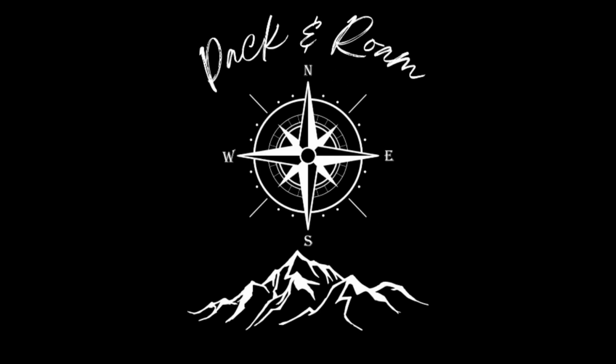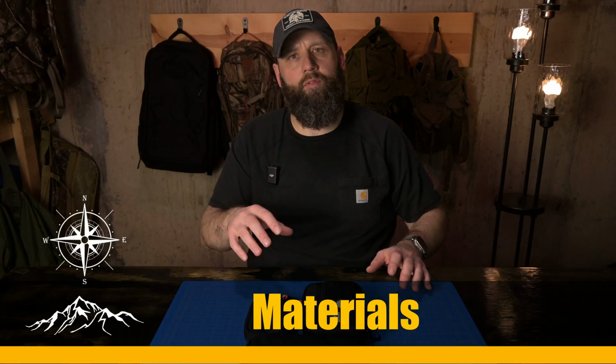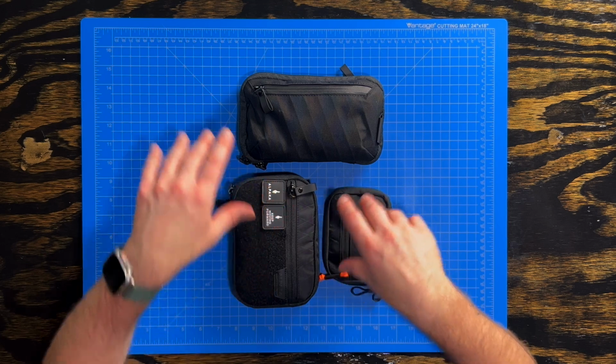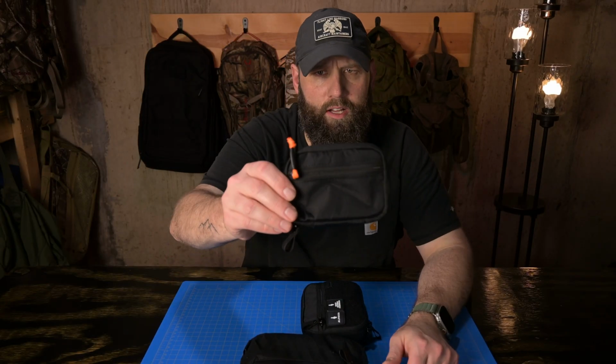In this video, we're going to be taking a look at a few options to organize your everyday carry gear from Alpaka. So I've got the Alpaka hub pouch, the Alpaka utility pouch, and the Alpaka admin pouch. So let's start with materials. For all three of these, they're all black, but they're all three different versions of X-PAC. So this one is the hub pouch, and this is